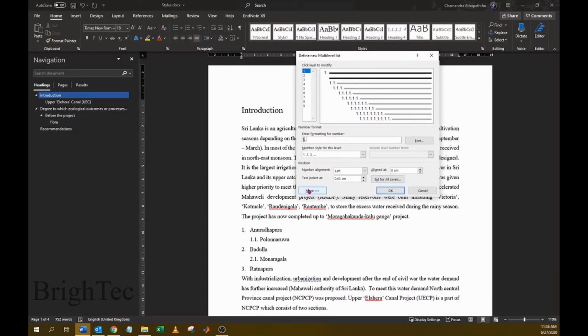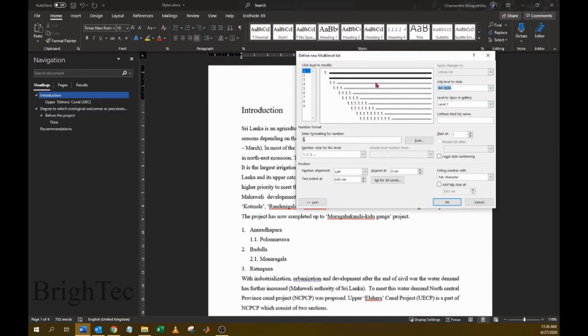Other than that, you can go into this button and link this formatting with heading 1. So when you link this formatting with heading 1, what happens is this numbering format will be applied to any word in this document which has the heading 1 style. So basically we are linking the word style with the numbering style.